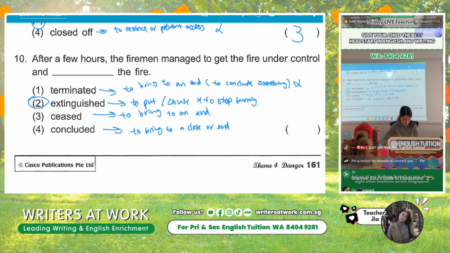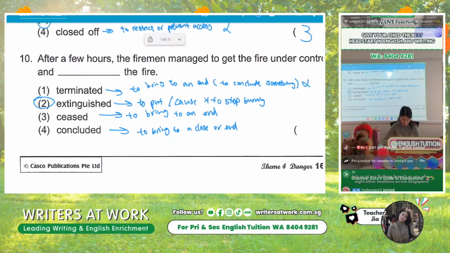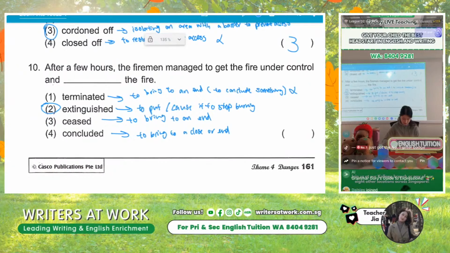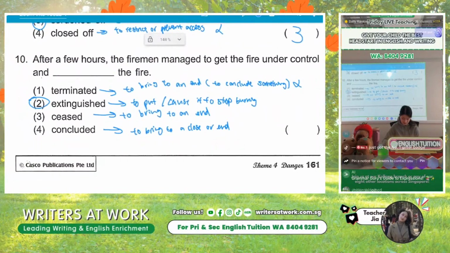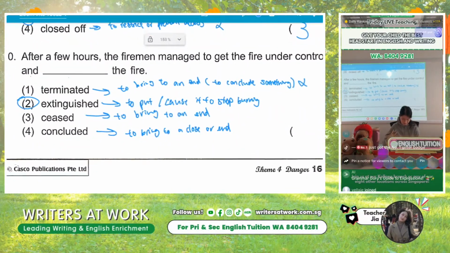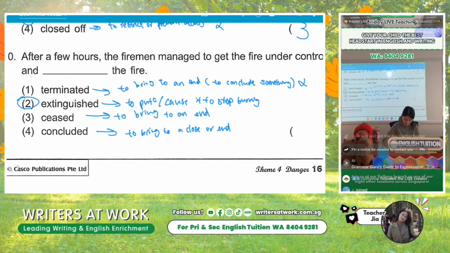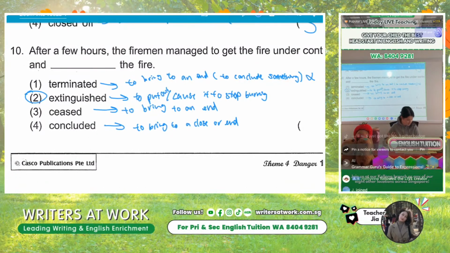Okay, we have extinguish. Now, extinguish is more of fire. You can say extinguish a fire. Firefighters extinguished a fire after effort, or his hope was extinguished. So something that is lighting up, something that you have to put out. Okay, so this is an option. Let's say this is correct for now. Let's see if there are any other options that will make more sense.